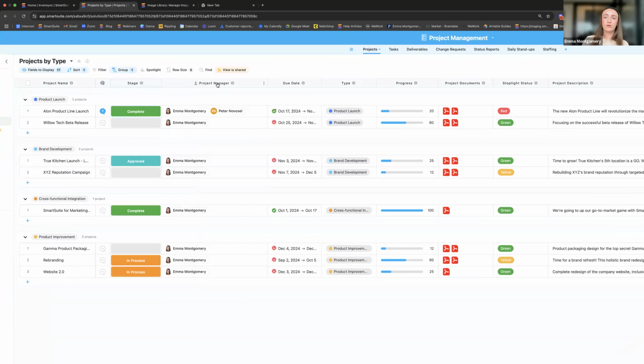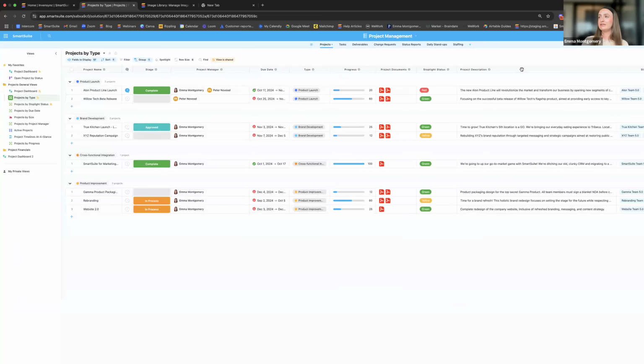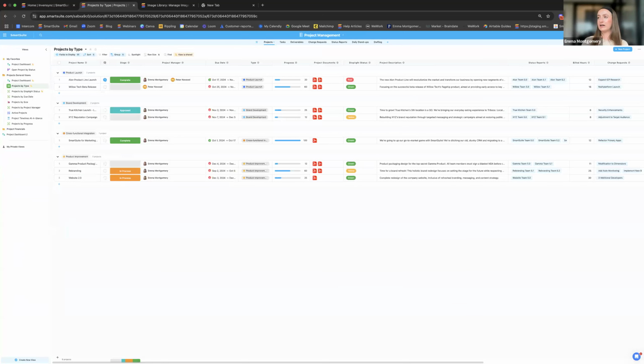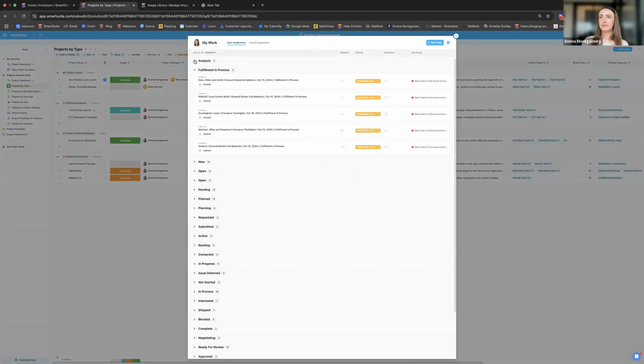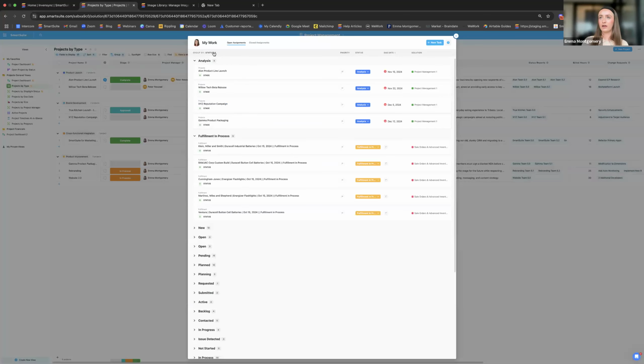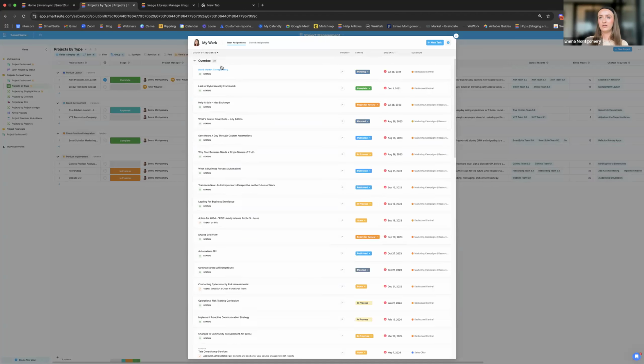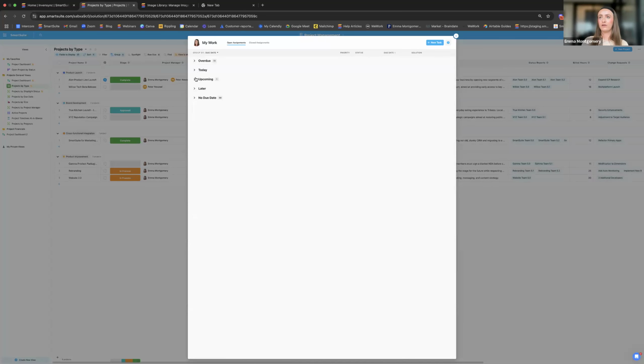We have ownership over this via the project management field, and I am assigning someone by clicking into here. I can assign particular individuals to a project or task. I can see a high-level view of all the tasks I've been assigned in my work here. So in this case, I can see by status everything that I'm working on, and I can even go by due date so I can see things that are overdue, upcoming, today, and that is a high-level view across any